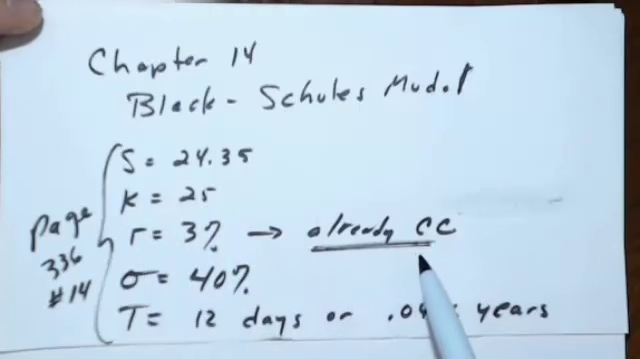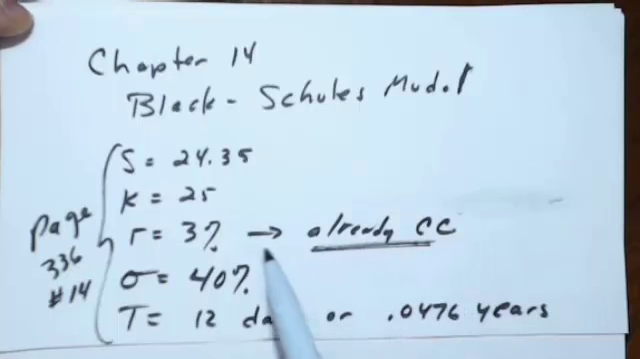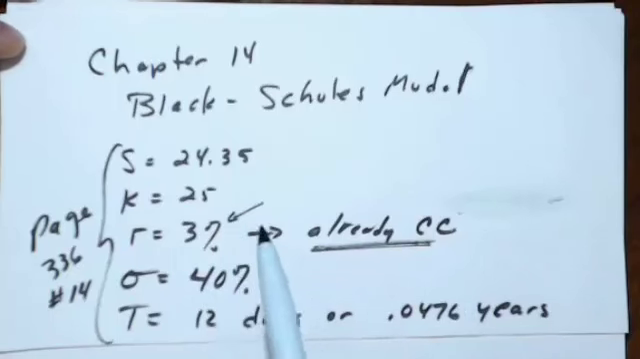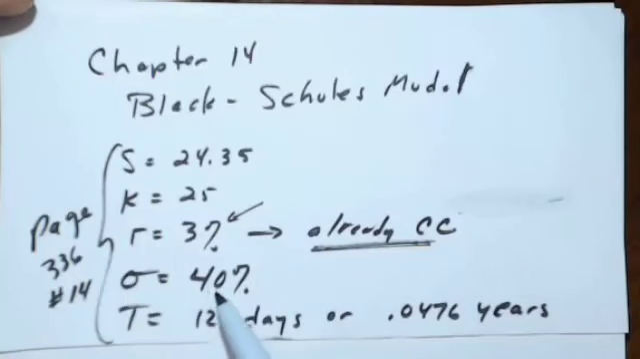It's already in continuously compounded form, so you don't have to take it to the log of anything. Just use it as is. The volatility of the underlying is 40%. Time is 12 days, or 0.0476 years, and I'm going to value here the call and a put. And basically this video is all about just computing the price, to get you familiar with what the model actually represents,